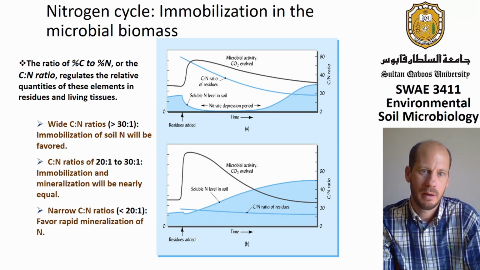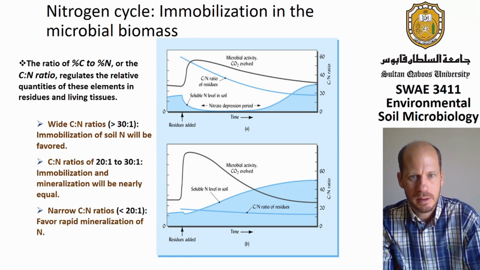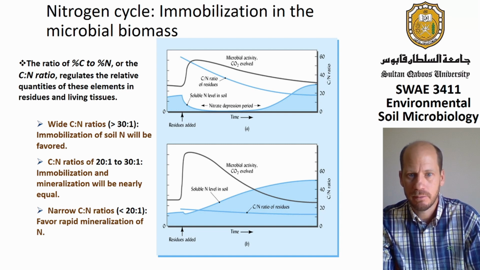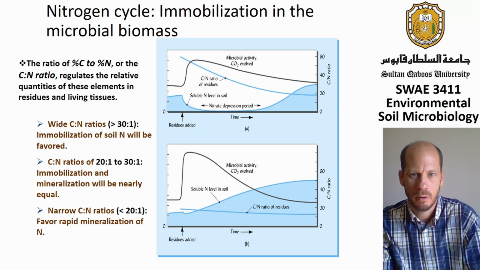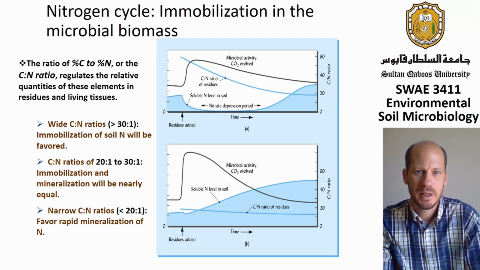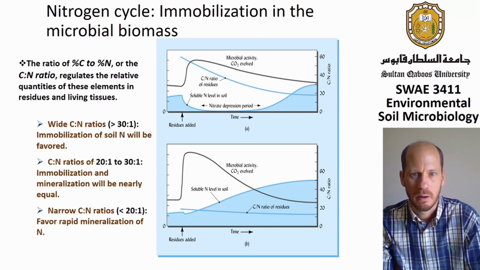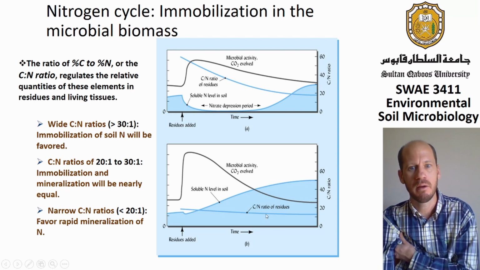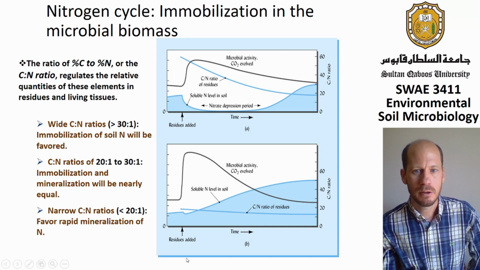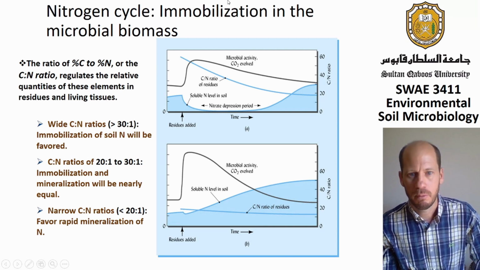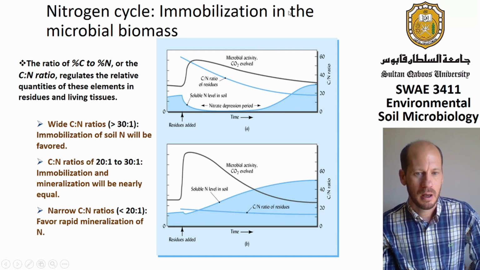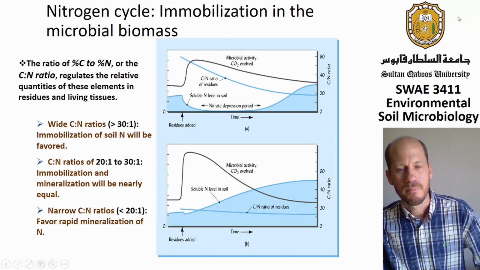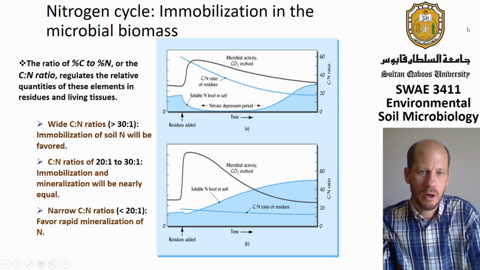So there will be lower formation of microbial biomass, a longer period of nitrogen depletion from the soil solution, immobilized on the microbial biomass. And therefore, this is highly problematic for plants. Plants will need the nitrogen, and if you don't have this nitrogen availability in soil solution, that will be detrimental for plant growth. So this nitrogen immobilization is a problem when you add residues with high carbon to nitrogen ratio